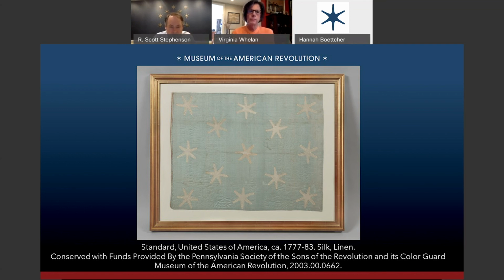It's hard because you don't have anything for size. Scale, right. But it's considerably smaller. It's a size that you would normally mount on a pole, say, to carry by mounted troops or to fly outside Washington's marquee. The other thing I find interesting about it, it generated a lot of excitement and a lot